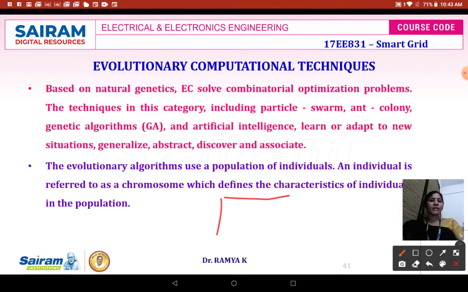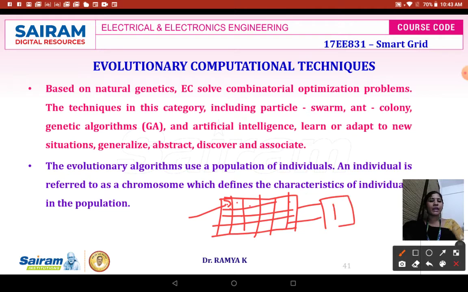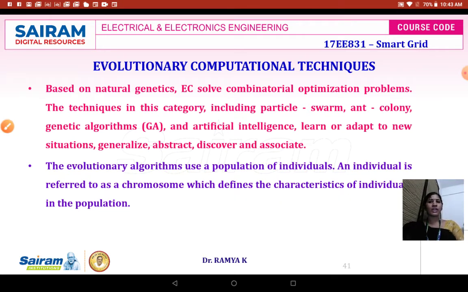Likewise, if you implement that honeybee algorithm for tracking maximum solar power, in a solar panel the insolation or the irradiance that is spotting onto the cells is not even. It will not be the same at each and every point. Therefore, wherever the power is maximum, wherever the temperature is giving maximum power, that particular spot will be identified by the honeybee algorithm and given at the output, so that maximum power will be obtained from the solar panel. It is one such example. Therefore, the whole population will not be considered.